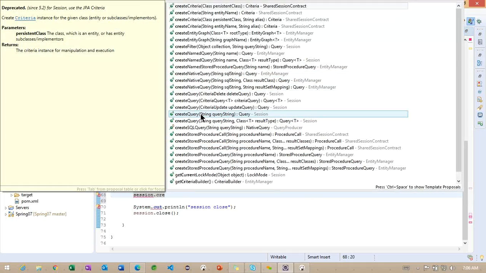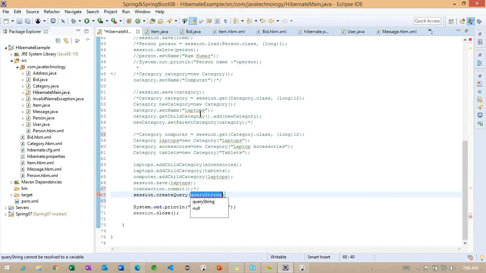Where we can find this method, you can observe here. This is the method we are going to find, createQuery, and it is going to take one string parameter.